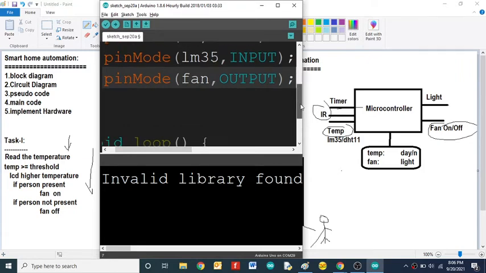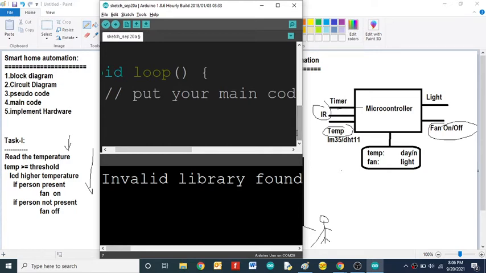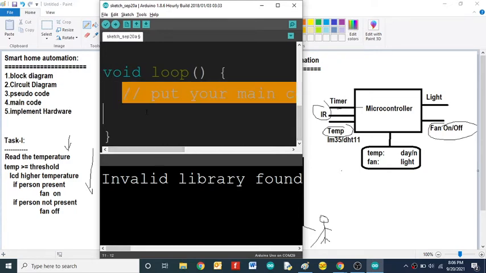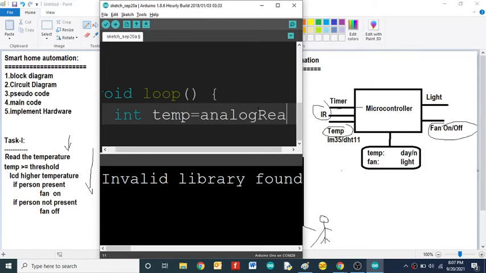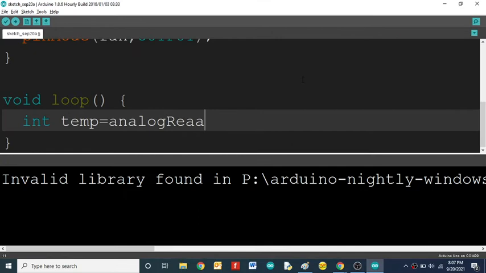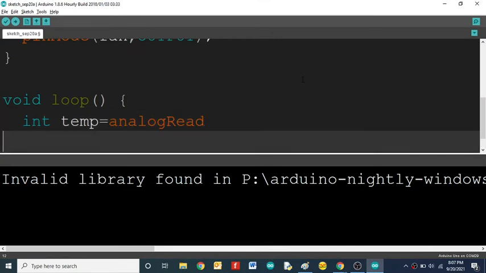Now in the loop, what is my main operation? First I need to read the temperature. So go for reading the temperature, int, I will take only one variable. You can go with the previous structure also. Just I will take it temp, and I will go for analogRead of LM35.